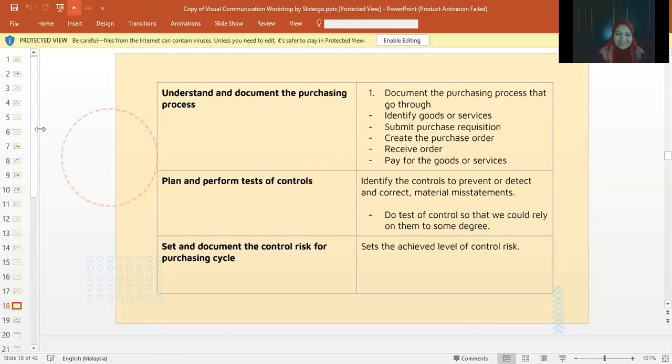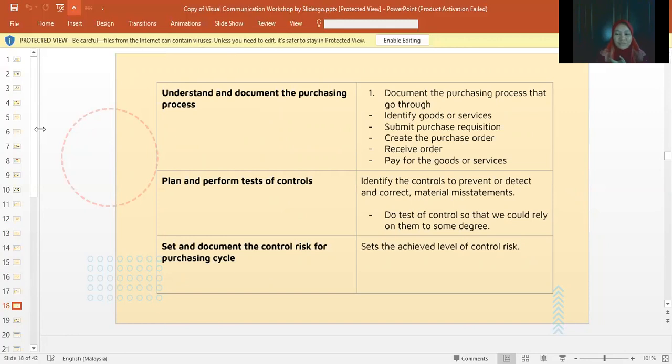Okay. So the first is to understand and document the purchasing process. Management needs to document the purchasing process that goes through